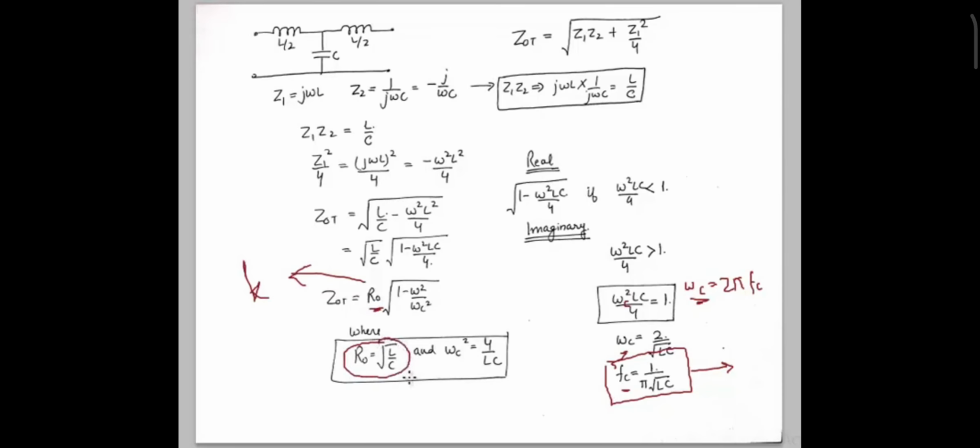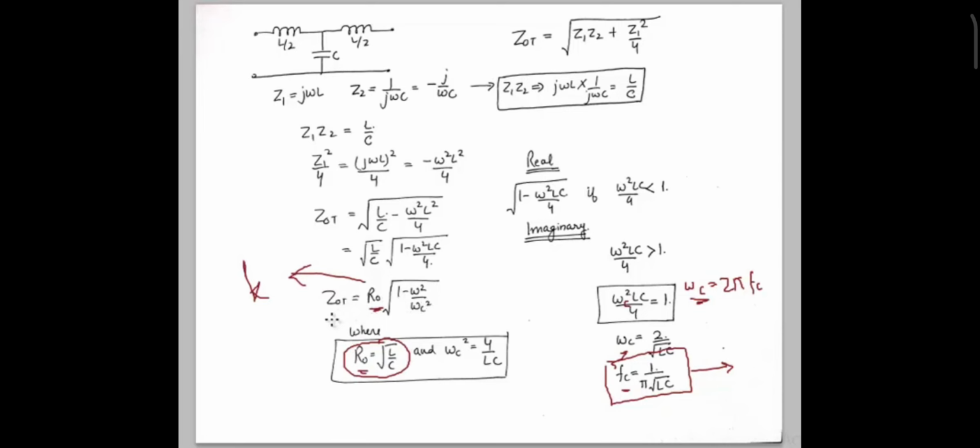From where we've gotten this formula. A constant K type prototype filter has a constant K which is equivalent to under root L by C, and it's also denoted as R naught at times. And simplifying this thing, if we substitute omega C square is equal to 4 upon LC, we get 1 minus omega square upon omega C square. So in other words,